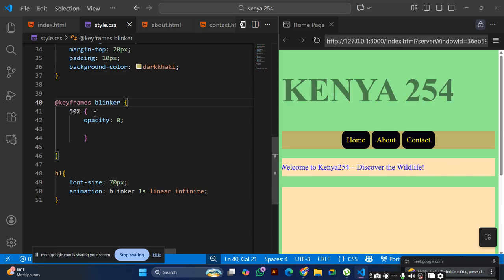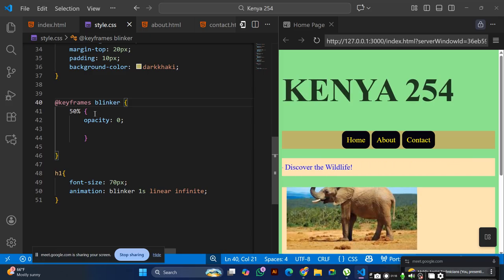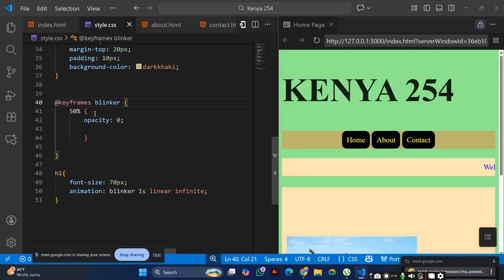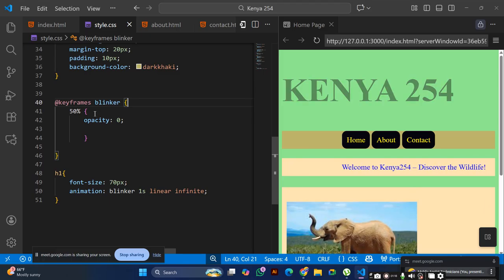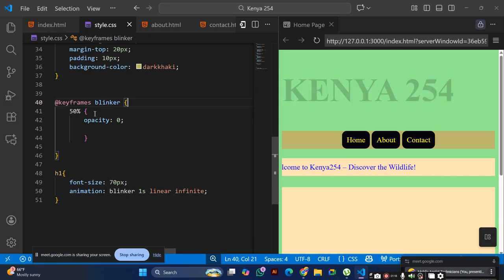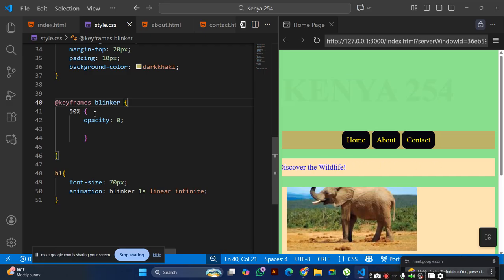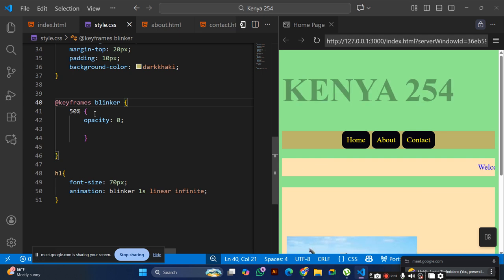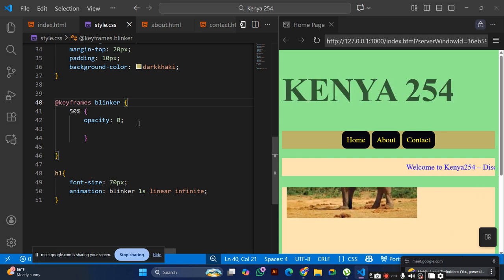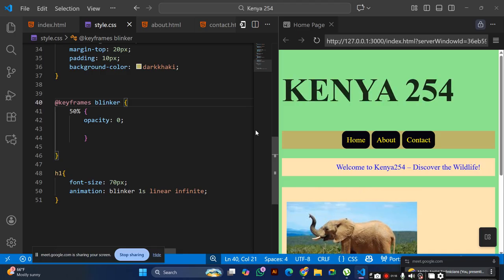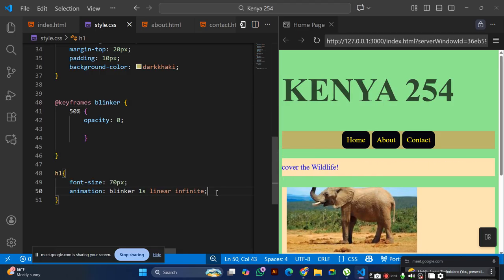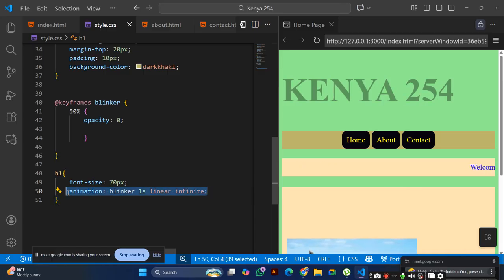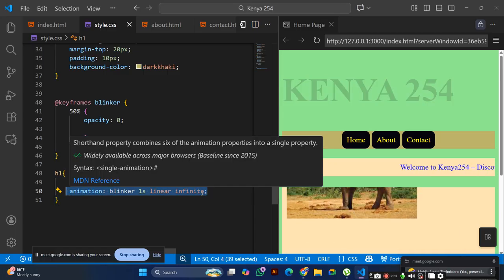Teacher, my title is not blinking. Meaning there's an error somewhere. Did you use H1 or H2? H1. Okay. Then on that H1 you have put this animation blinker 1 second linear infinite.